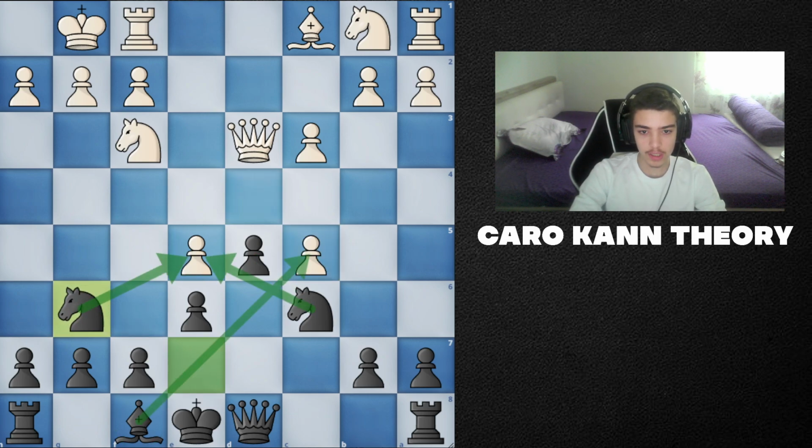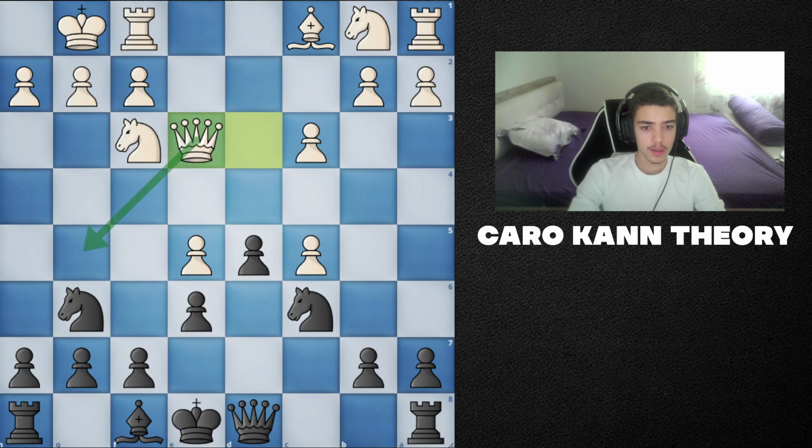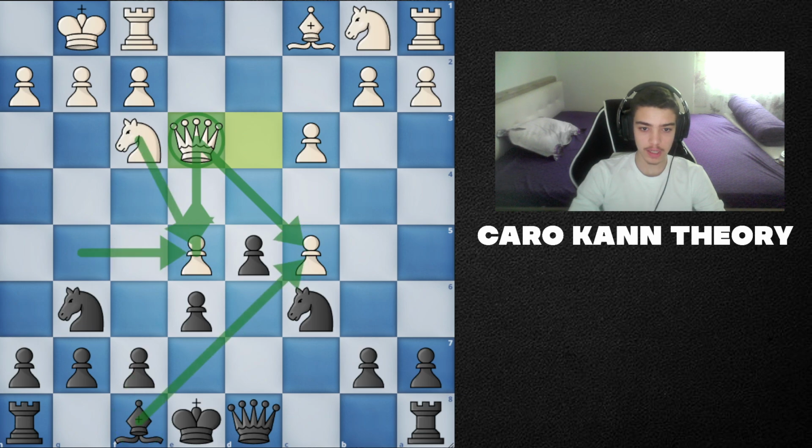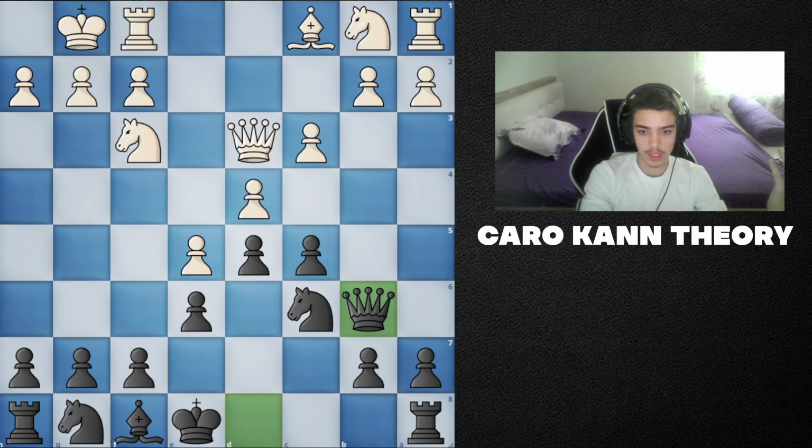You could actually have this danger level sort of thing, but it still doesn't work, simply because they protect this and this at the same time, and you cannot capture that. So you would maybe try to pressure like this and maybe discover the attack on this later on, but that doesn't work. So a very important aspect: play queen to b6 first, and that is going to help you the most